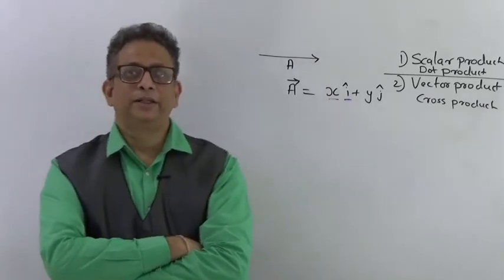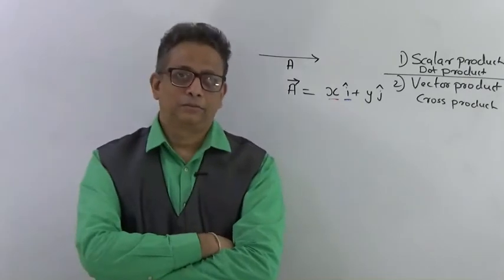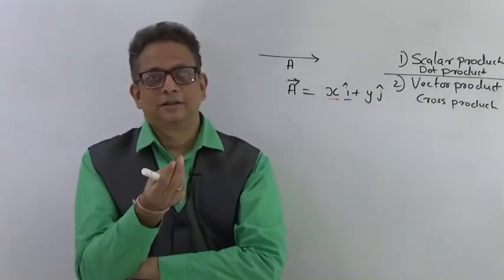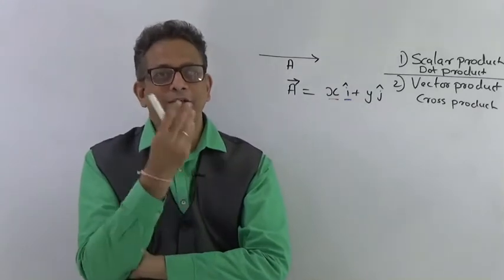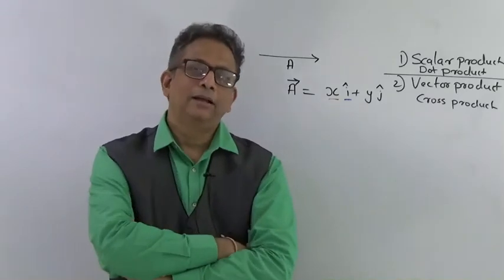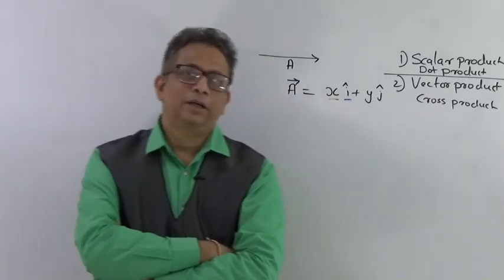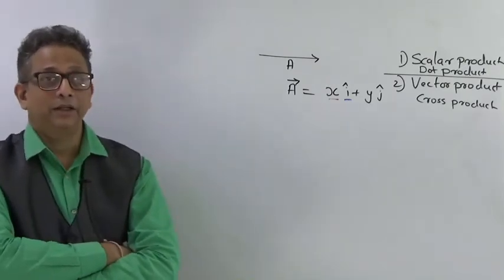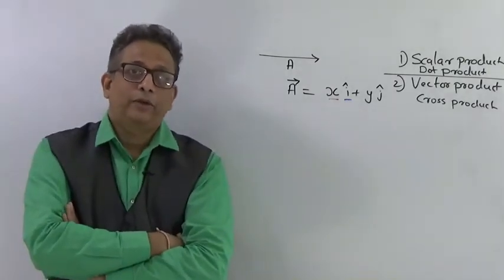The majority of the multiplications that are done are scalar product multiplications, and vector product is only used in very few cases, right? There are a handful of cases, it is easy to remember, so there will not be much doubt about vector product, and as I have said, most of your multiplications would be scalar product. Now what is this multiplication and what does it yield, that is what we are going to see.